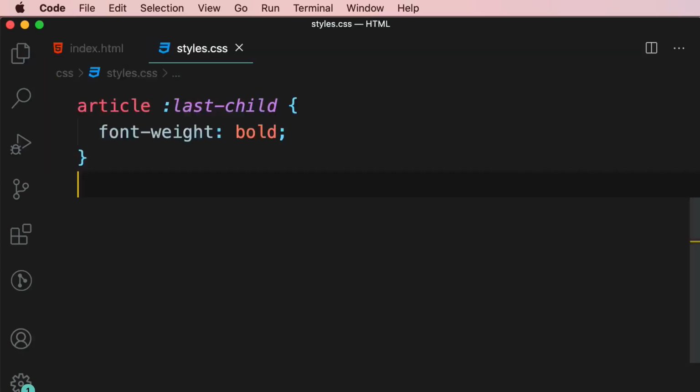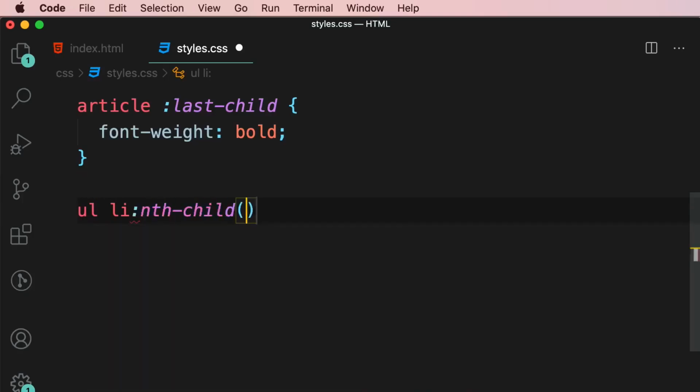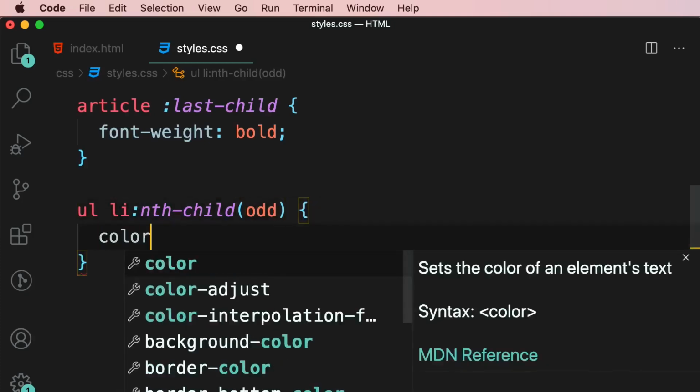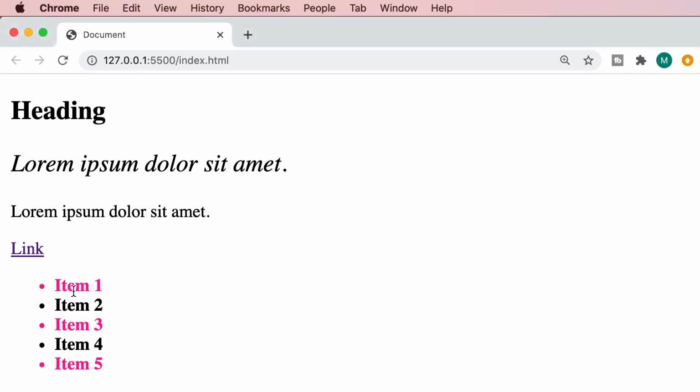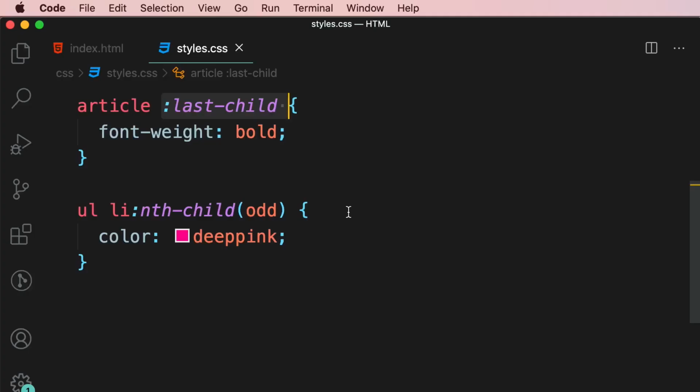Now we want to style all the odd items in this list. So back to our style sheet. We grab an unordered list and then select list items that are odd. So here we're going to use another pseudo-class selector called nth child. Now this selector is like a function in programming languages. So in between parentheses, we can pass a value or an argument. So if you specify odd, this rule will target all the odd items in our list. So here we can set the color to deep pink. Take a look. Note that all the odd items are pink, and also the entire list is in bold, because now the list is the last child of the article